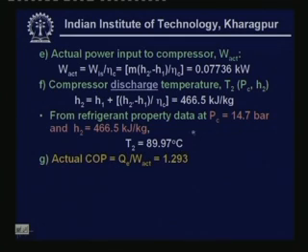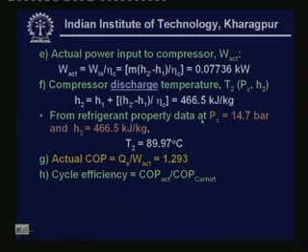Finally, we have to find out actual COP. Actual COP is defined as QE by W actual. QE is 100 watts and W actual is 77.36 watts. So, you find that actual COP is 1.293, and the cycle efficiency is COP actual divided by COP Carnot, and